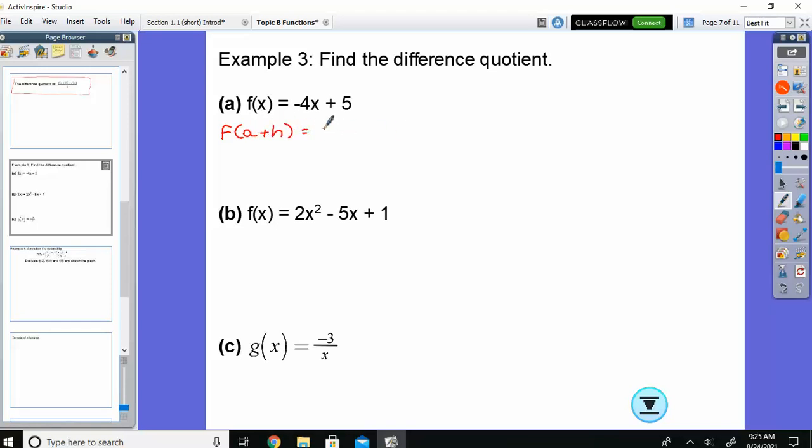So if I just asked you to find f of a plus h to begin with, we would get negative 4a minus 4h plus 5. What is f of a? Negative 4a plus 5. So the difference quotient is f of a plus h